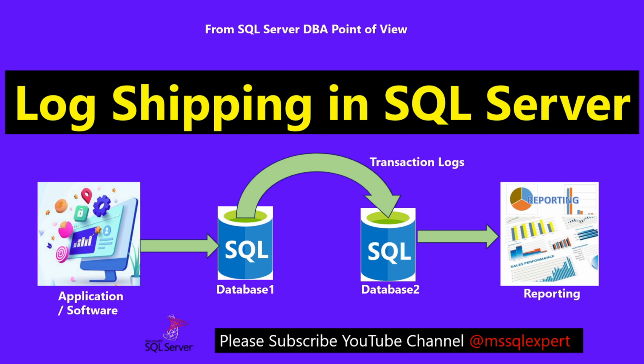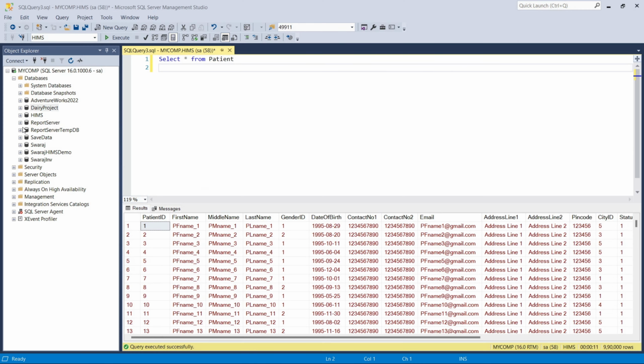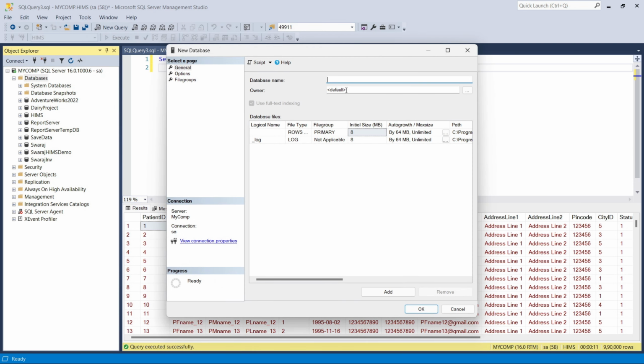So in this session we are going to see log shipping. Let's start the practical. First of all we will create one simple database here. New database, I'll call it application